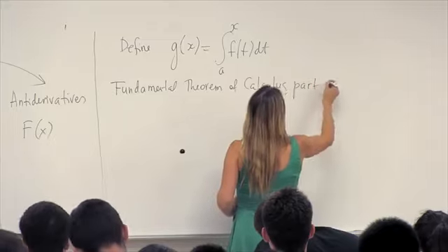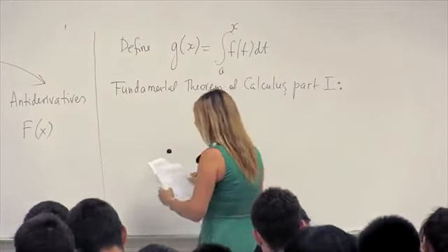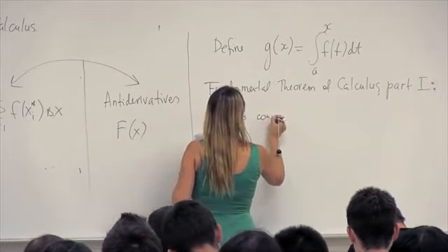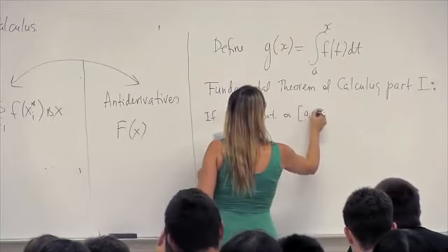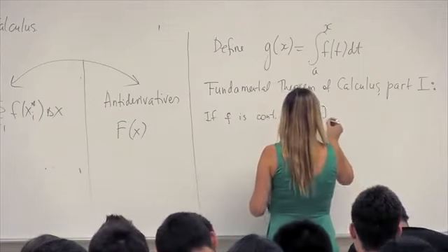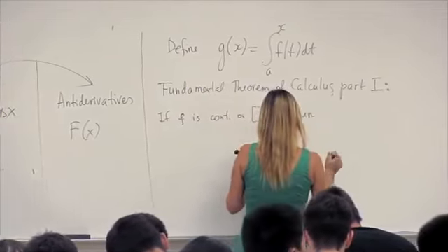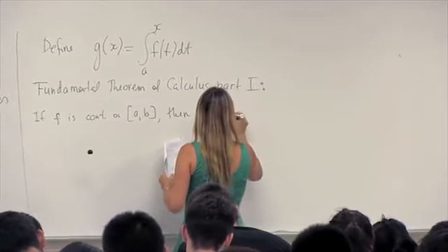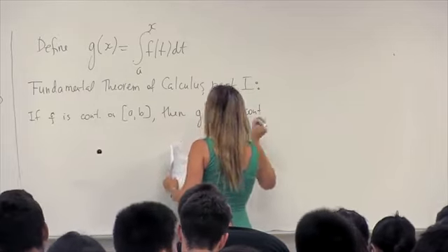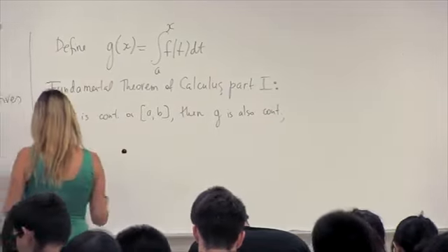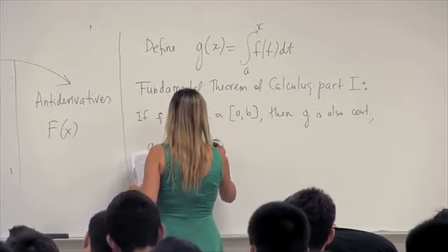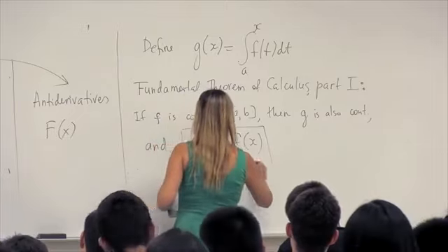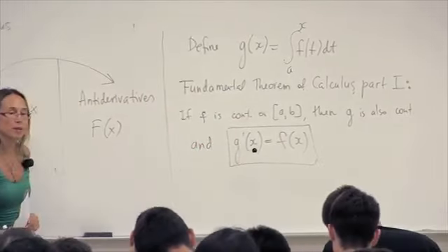Part 1. The statement is that if f is continuous on [a, b], then this function g is also continuous, and the derivative of g with respect to x is given by f of x. Okay, so this is the main statement of the theorem,